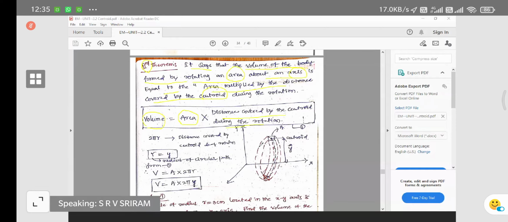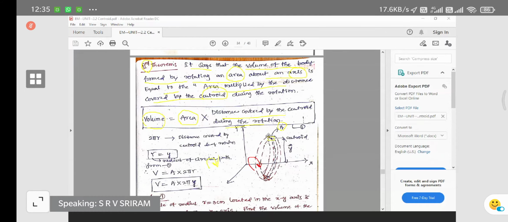Okay, so see here, I have taken a rectangle. This is a rectangle, a small elemental portion, so this is a rectangular area element. This is going to be rotated about the x axis. So the axis of rotation is x only. If you are not able to see the yellow color, I am going to draw with red color. So the axis of rotation, see here, I have rotated.